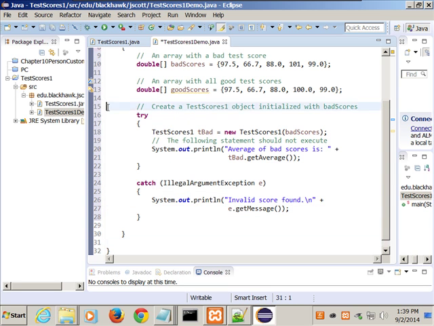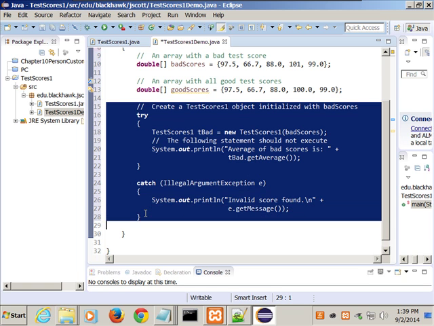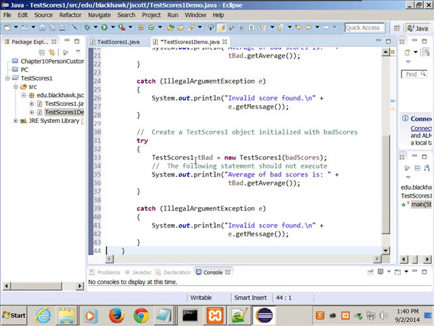All right, again, if you look up here, what I want to do when I get done is do this same stuff that I'm doing right here. Exact same stuff, except instead of having bad scores, I want to have good scores. So if you really like typing, feel free to type it in again, but since I realize that I'm going to be doing a lot of duplication here, I'm just going to do a copy, come down to here and paste it in, and then create a test scores object with good scores. So instead of T bad, I'm going to have T good.